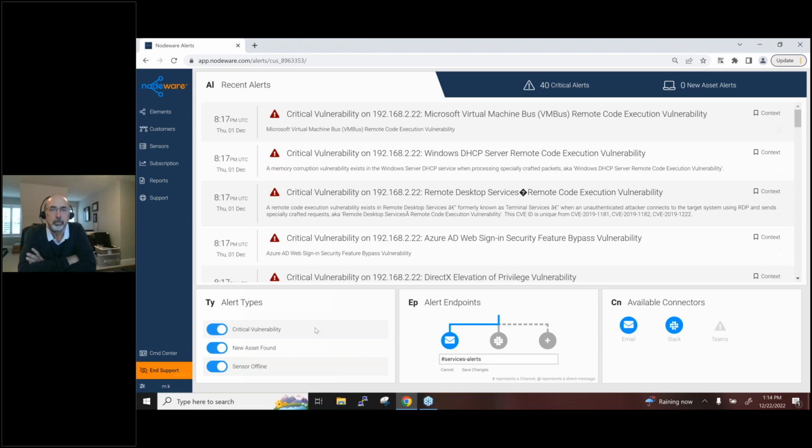every device on your network will get at least 1 vulnerability scan per 24 hours. If there's a critical device alert, it will pop that and send it to the addresses or channels that you've allocated for receiving those alerts. Sensor offline, again, you just toggle those on and off, is twofold. A, we have not heard from your sensor in a period of 30 minutes. So it could be your sensor has been powered off, something went out, but it can also be indicative of an internet outage. So those are kind of a multifaceted alert.